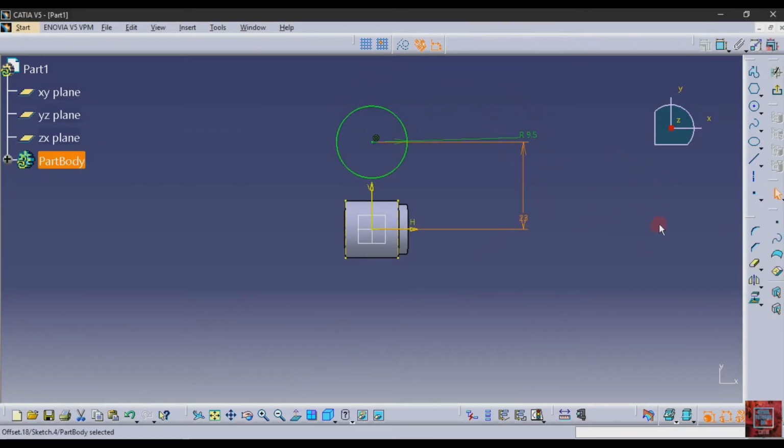And after that select a line from this point to the edge of this circle, and after that mirror this line, and then join both of the ends, then trim the extra part.